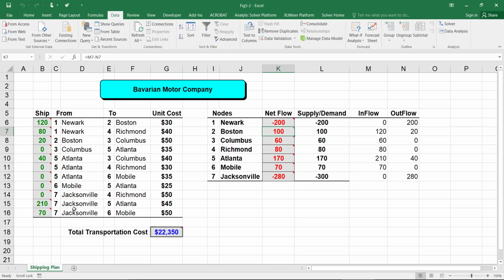For example, as we just said, station 7 sends 280, of which 210 goes to station number 5, and 70 of them goes to station 6, and the total cost associated with this shipment is $2,235. So this is basically solving a model using the solver